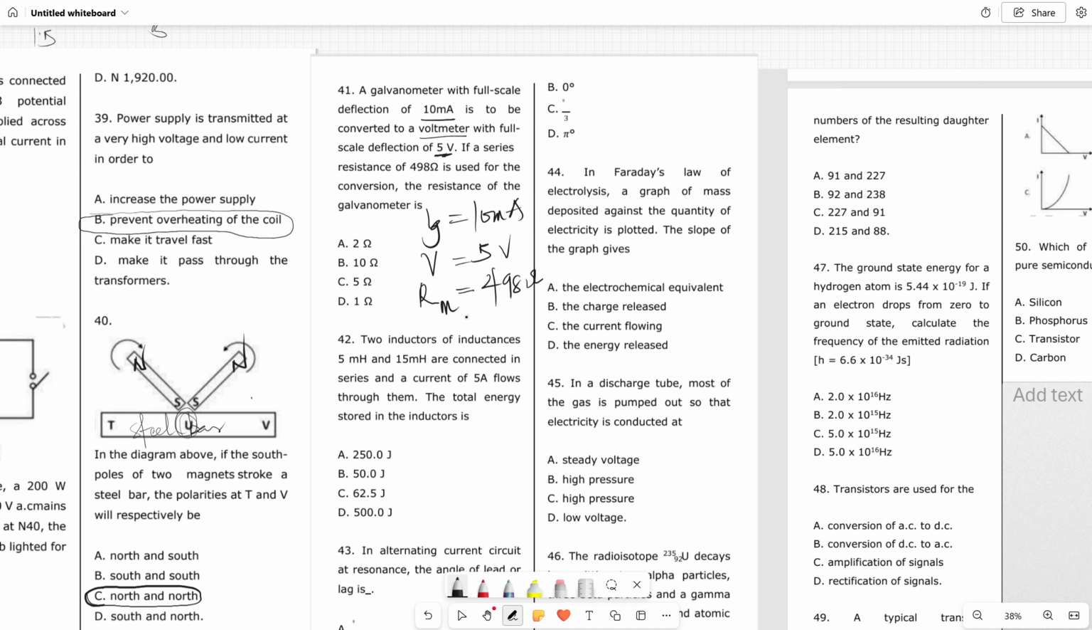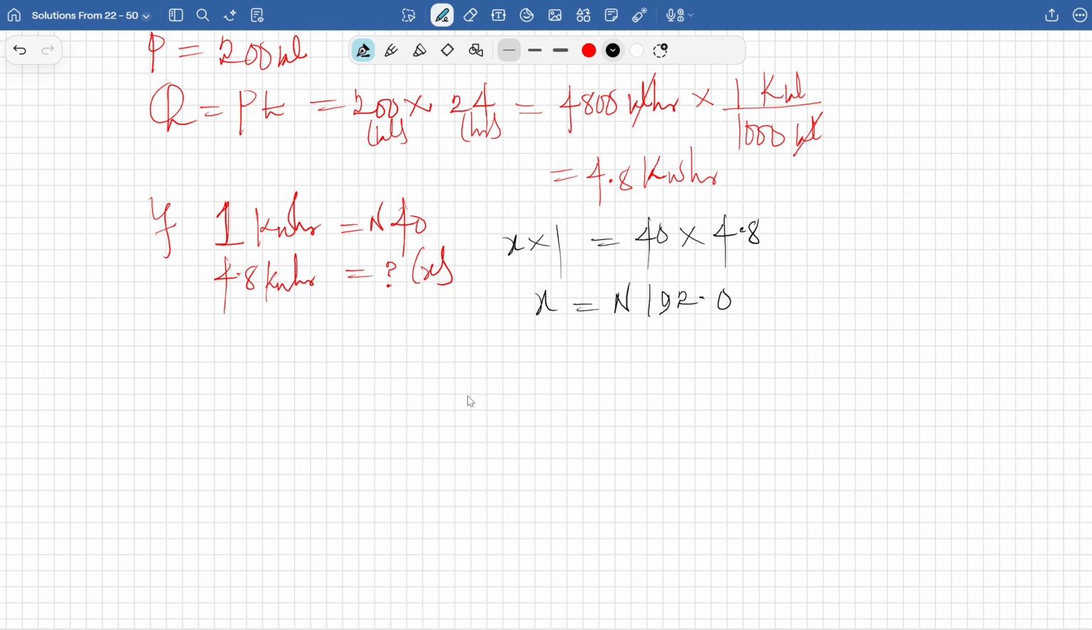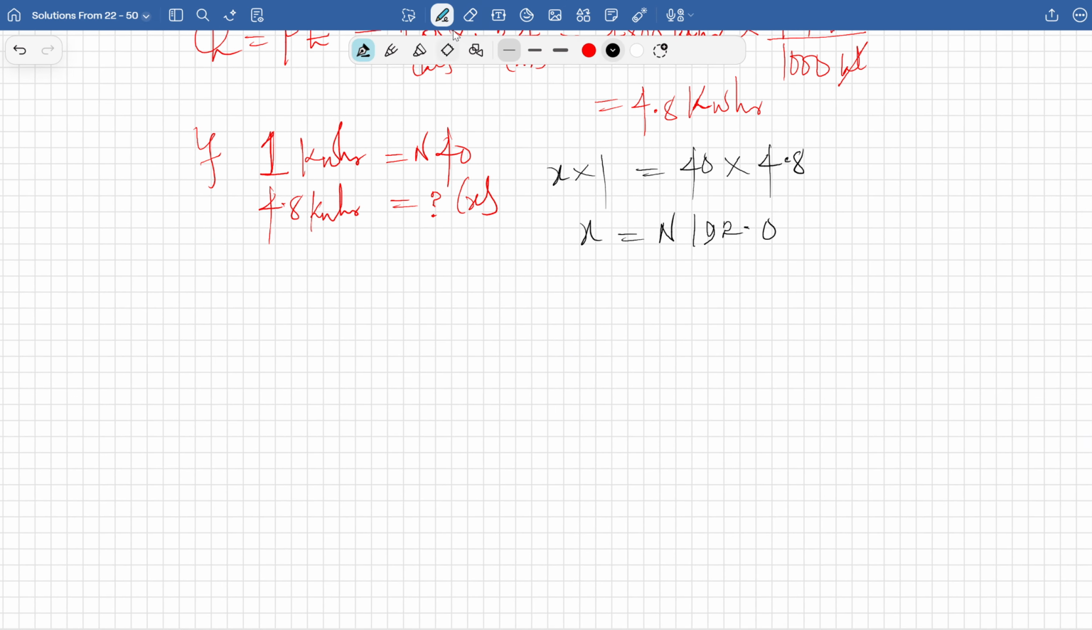So you want to look for the resistance of the galvanometer. So let's go to that quickly. Okay. Since they are connected in series, please, for any series connection,